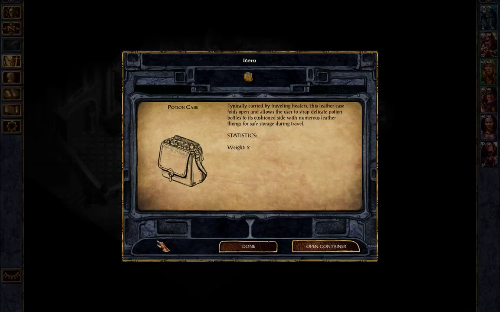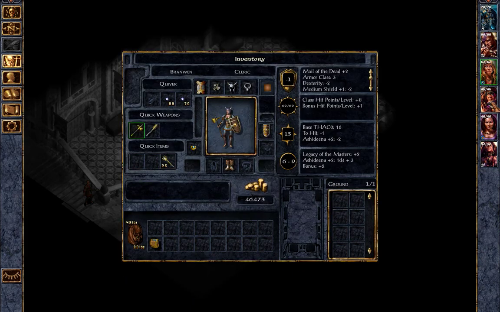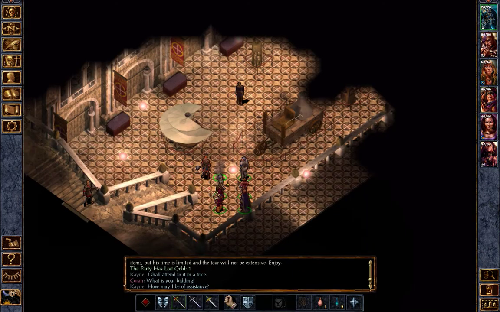Branwen has the potions box. And I'm going to look for a potion of invisibility. Right there. In fact, I'm going to send 2 of them to my backpack because I'm going to give 2 of them to Koran. If Koran needs them...